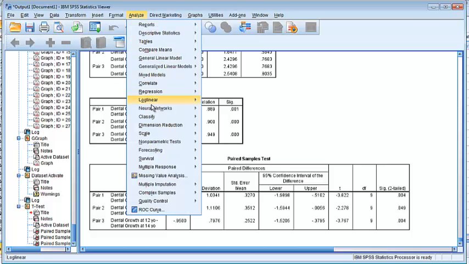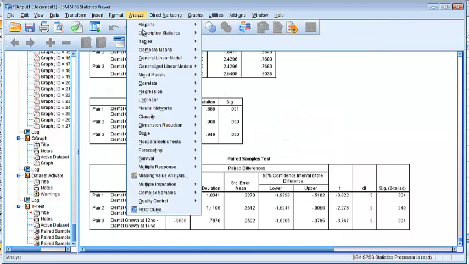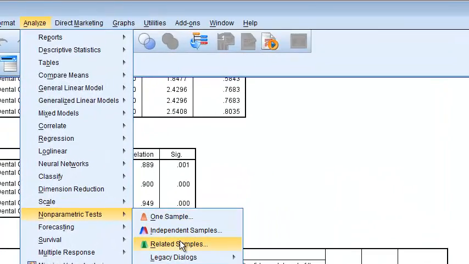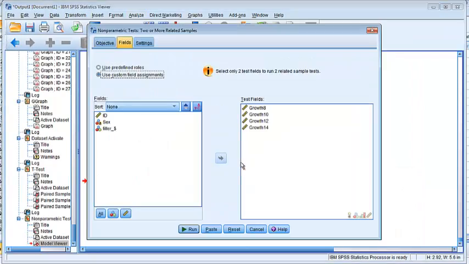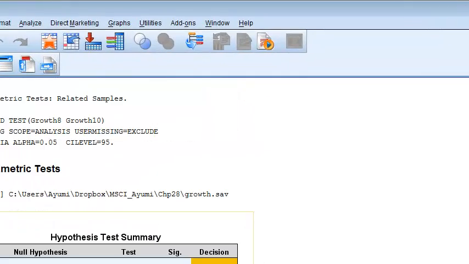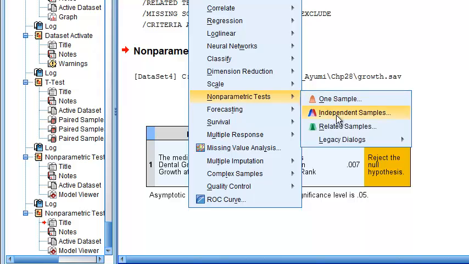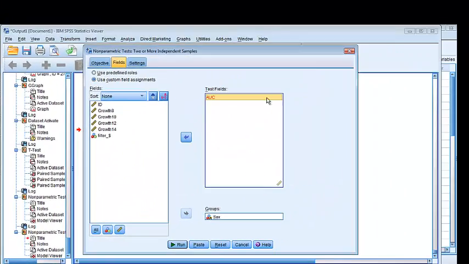And if you repeat this analysis with nonparametric, you go to nonparametric test, independent sample, not independent, sorry, we have to go to nonparametric and related samples. Both, you enter 2 tests at a time. So if you do 8 and 10, okay, so this is a p-value. And you have to go back again and then repeat this to